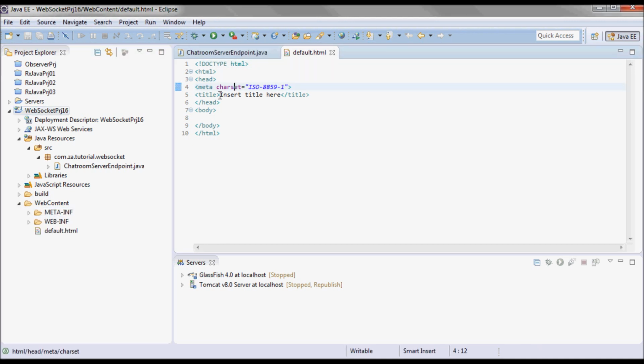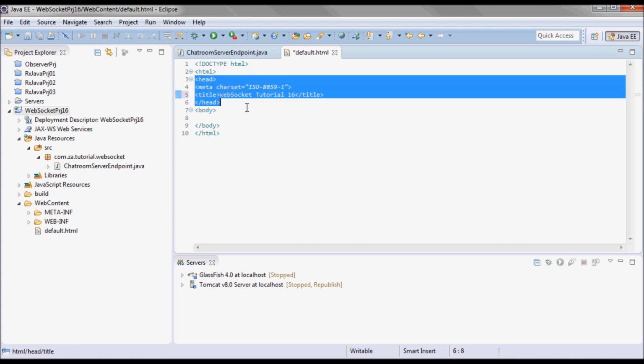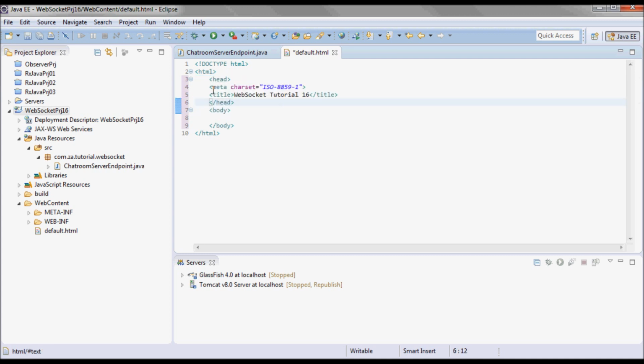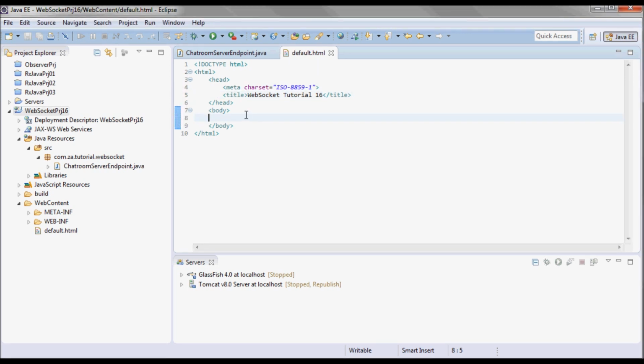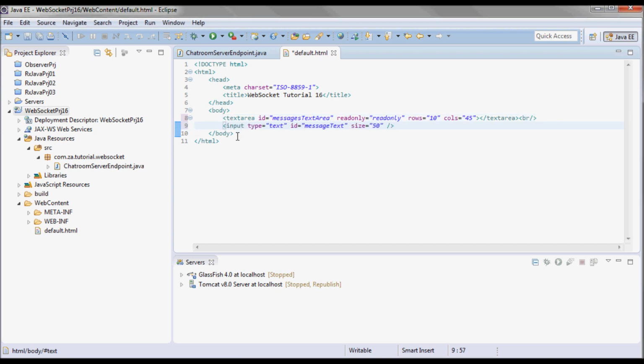That will have this title, and in the body we will have a text area where the exchanged messages will be displayed, and a text field where the user enters messages, and a send button where when the user clicks this button, the JavaScript send message function will be triggered.